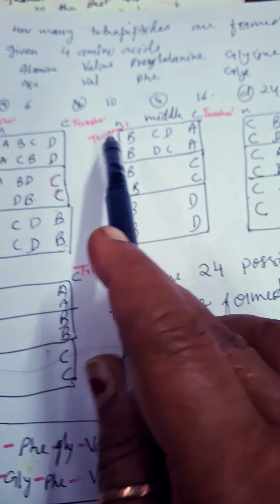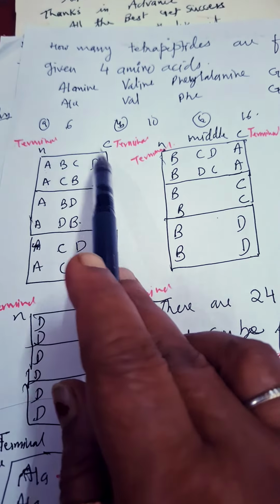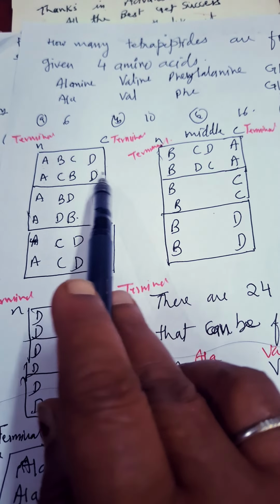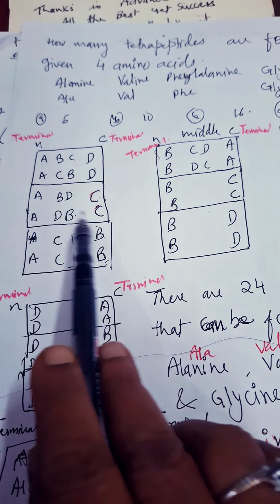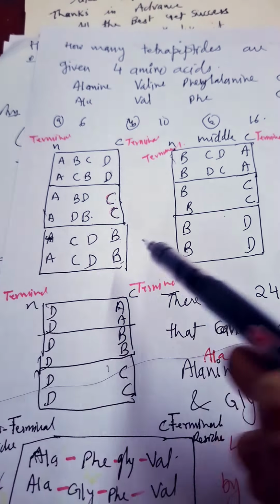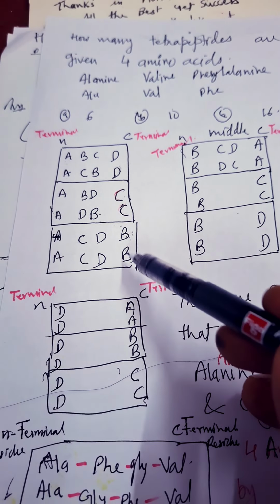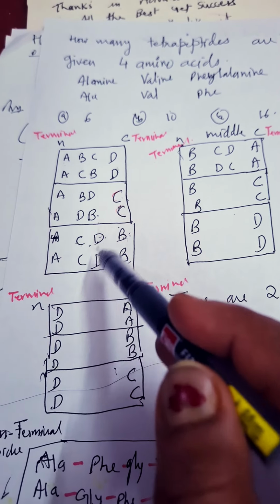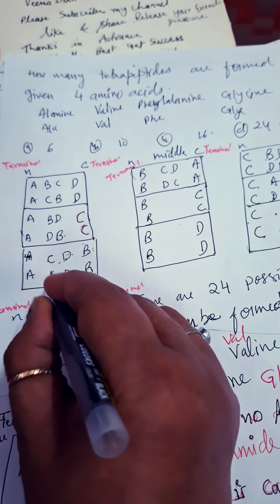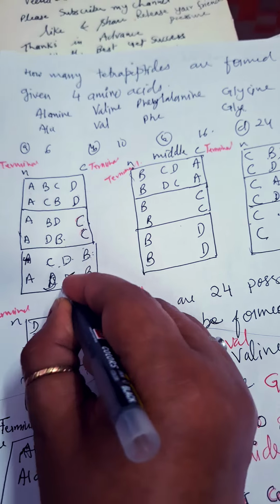of tetrapeptide. See, first I have selected A and D, then A and C, and then the middle one D is left, then BD and DB. Okay, and lastly A, what is left, B. So I have written BB. So here C and D are in the middle. So first CD and then DC. D and C. Clear to you?